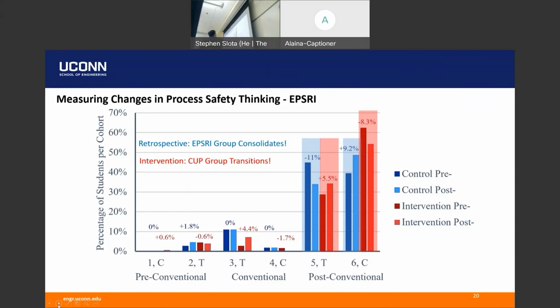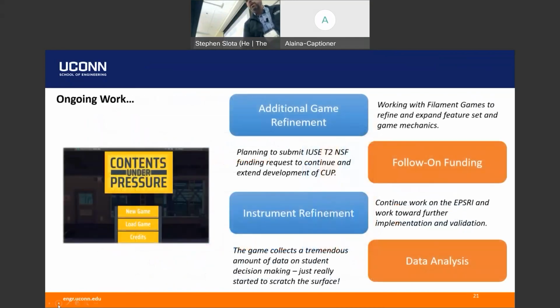So that's a small data set that we did two or three years ago now, but it was really interesting to us. We said, okay, there's something real here. There's a way of interacting with these decisions through this game in a more authentic way that is different from how students approach it with a case study approach. That's been our solid takeaway: we have something real here with teaching process safety with this.